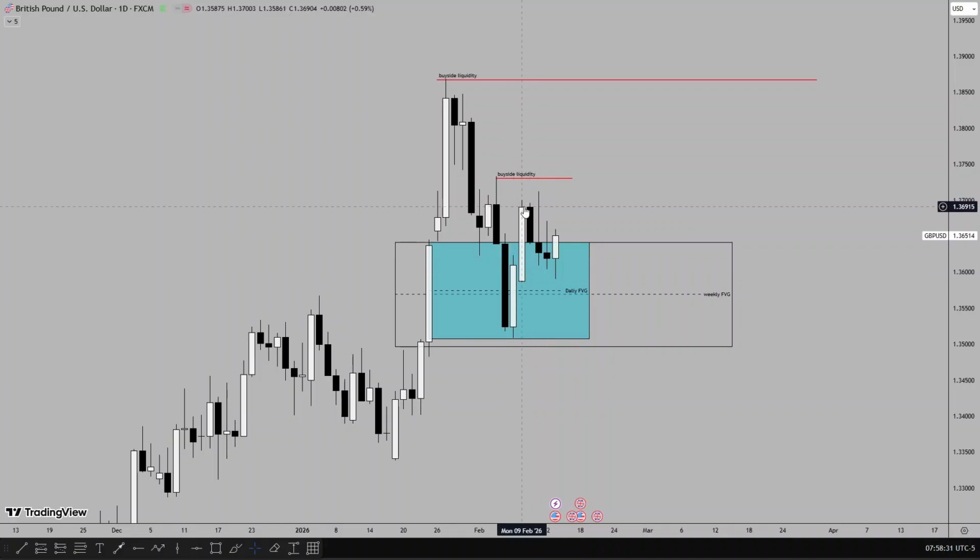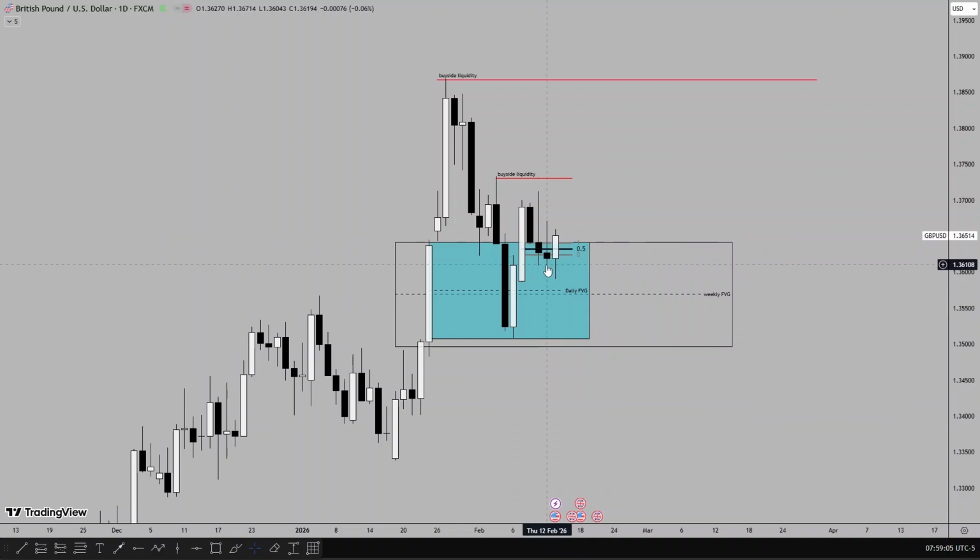Monday, price traded higher, trading through the daily fair value gap. I was looking at it as a point of interest where price might use it as a support area in trading higher and running out the buy side liquidity. The overall idea was that price might use it as an inverted fair value gap, which on Tuesday price did a retracement. Wednesday, I was anticipating higher prices and price using the daily fair value gap as a support.